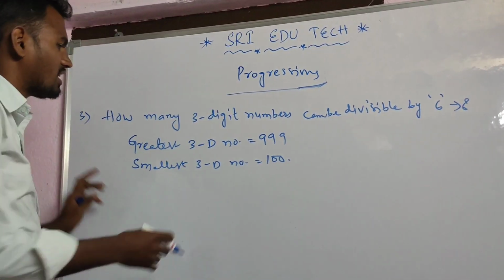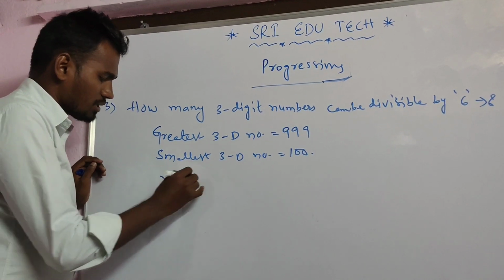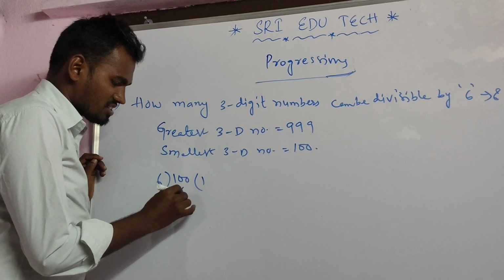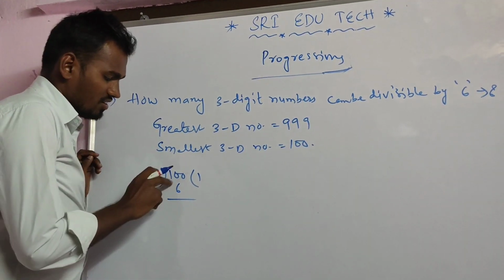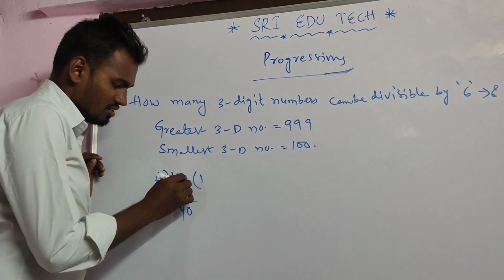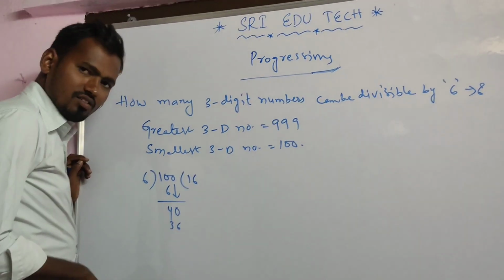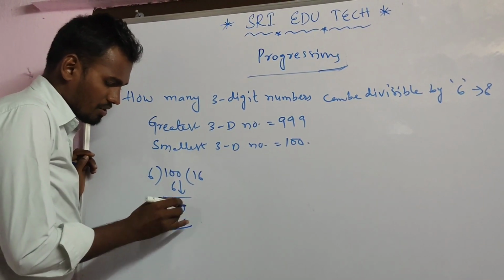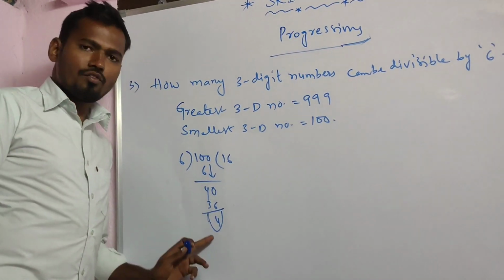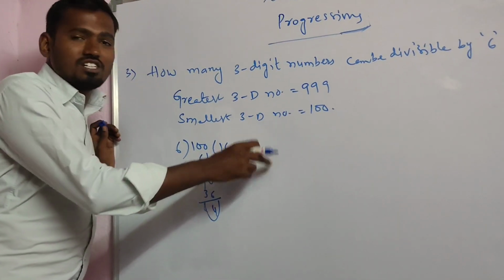Let us do it. I am taking the smallest number first, 100. Is it divisible by 6? See, 6 table, 6 ones are 6. Okay? Then 100 minus 6, 4 remaining, 0. Okay? Then 6 sixes are 36. Okay? Right? Then how much is remaining? 4. Right? So remaining 4. Right, so from the smallest number we have to find the first number.